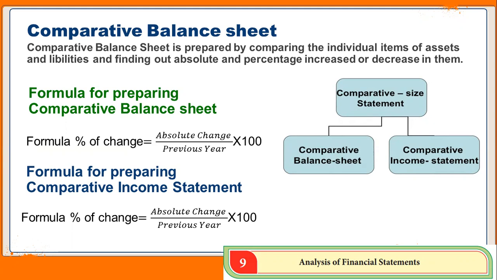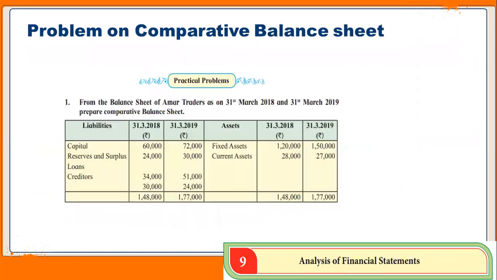Second is the comparative income statement. This statement shows net profit or loss. By this statement, we can quickly ascertain the increase or decrease in sale and cost of sale. To measure the change in income, the formulas applied shall be the same as stated in the foregoing paras.